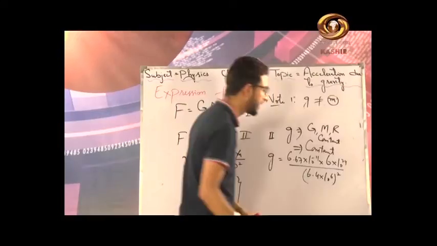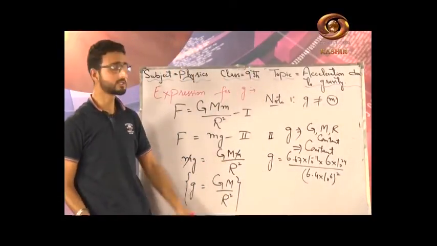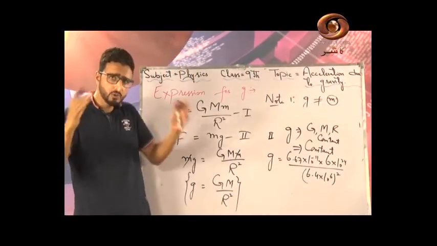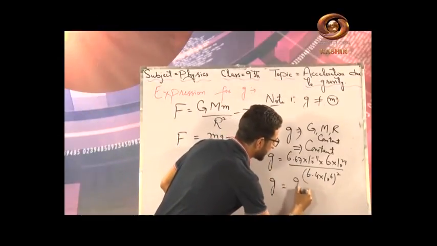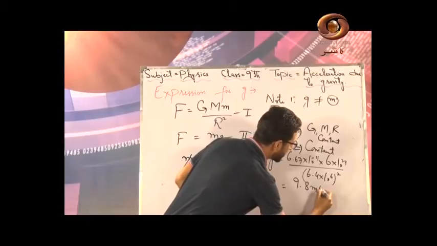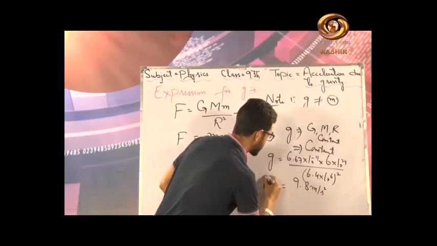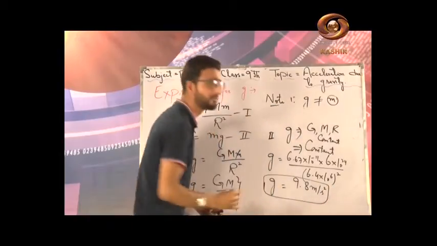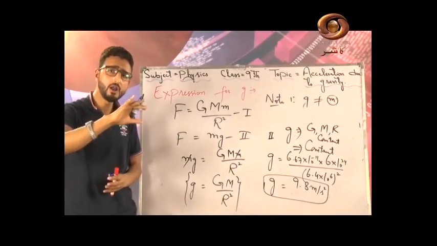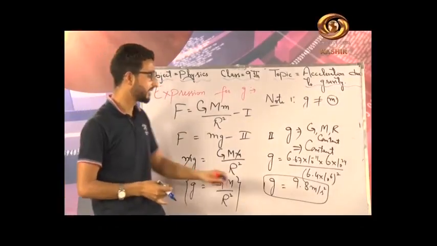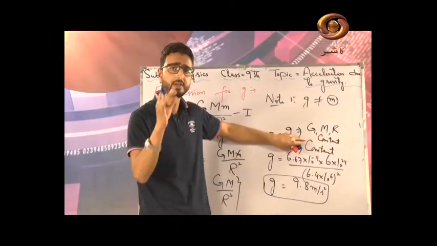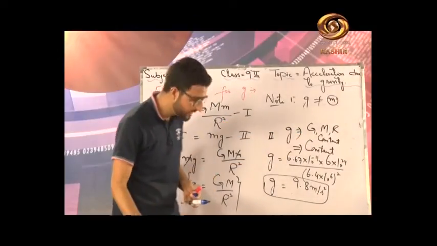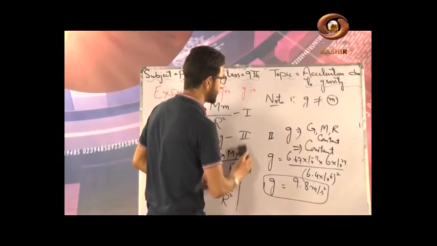इसका मैं अगर स्क्वायर लूंगा, you will have to calculate this very value, and you will simply get g is close to 9.8 meter per second square, which is the presently accepted value of g on or near the surface of earth. So it is constant on or near the surface of earth, right? So this is the value of g on or near the surface of earth.